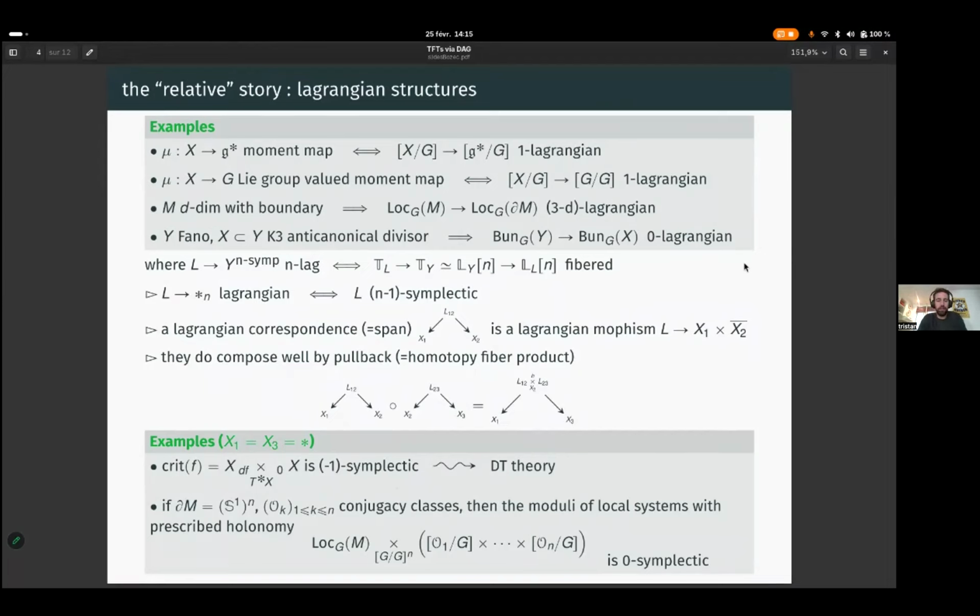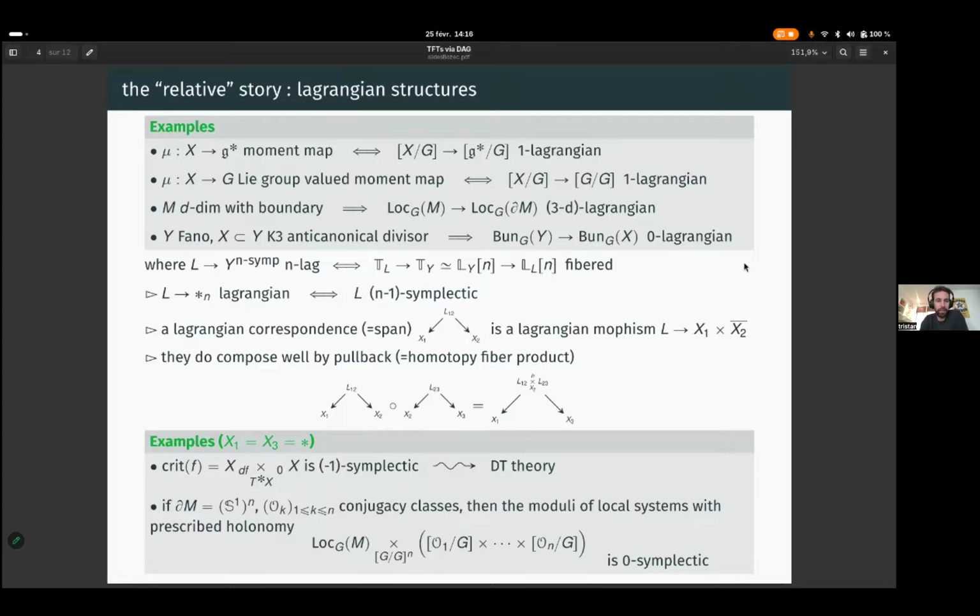What's nice in the derived approach of symplectic geometry is that actually we recover moment maps once we consider quotient stacks by the group G. And being a moment map for something Hamiltonian means that we have a one Lagrangian morphism. Same goes for Lie group valued moment map, associated to quasi-Hamiltonian geometry. And again,